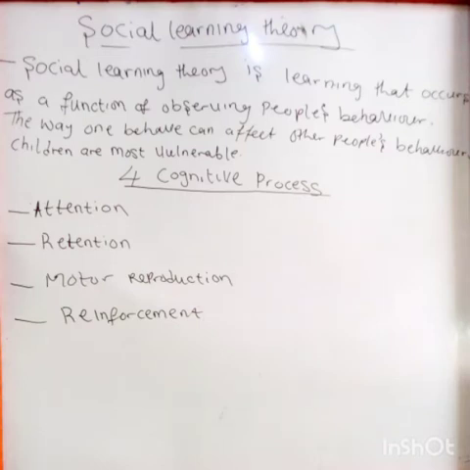So I'm only centering this theory on the family, because I believe the family is where the problem is. If you notice, most parents' actions oftentimes affect the lives of their kids, and one way or the other the kids tend to express it over time, even worse than what their parents have done. So attention is the first cognitive process of social learning.